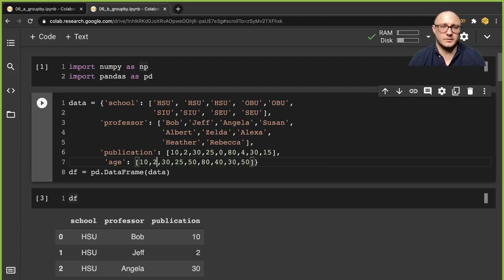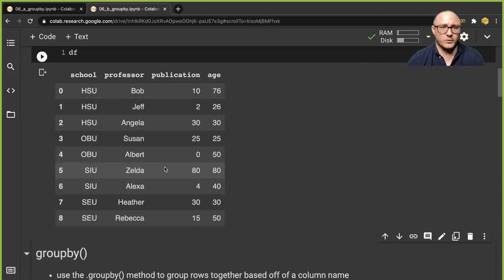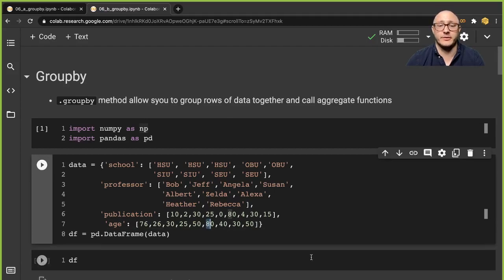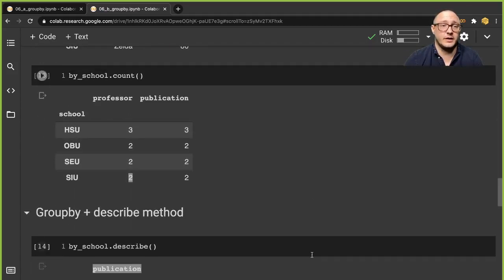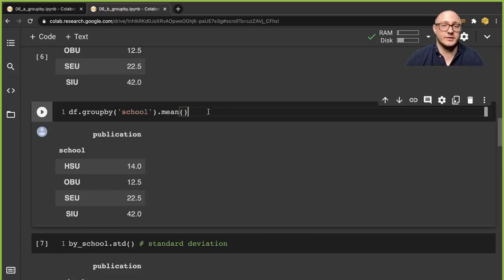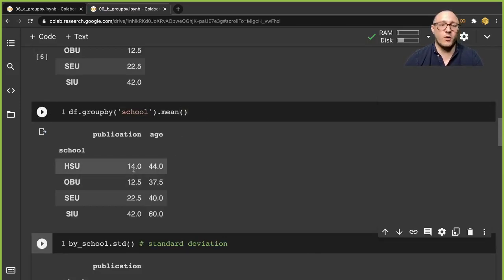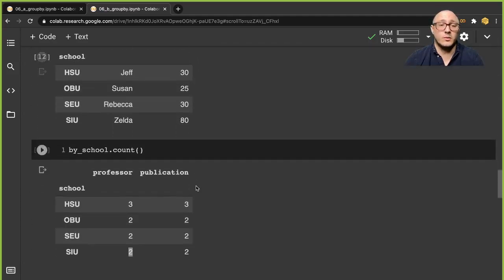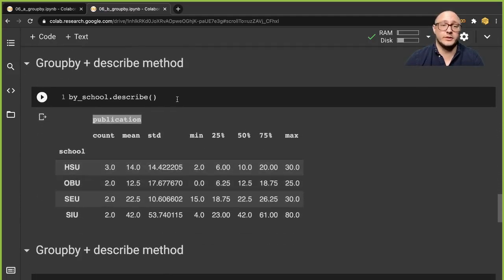50, 26, and 76. And you're wondering, yes, I have had professors that are in their 80s before. I've had them that they're in their 90s before. So it's not really uncommon. So if we rerun these, you can see here that it will run them for each of the numerical attributes that we've set out. Okay, so let me go back to the one that I wanted to show you, and